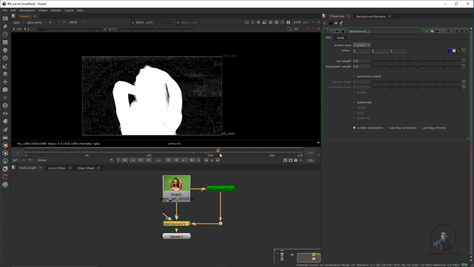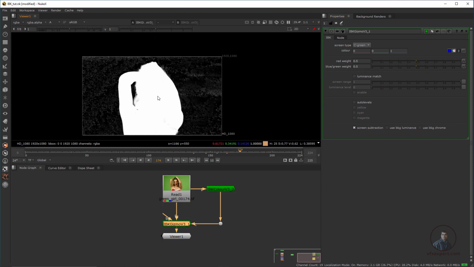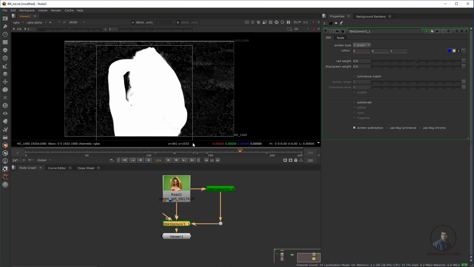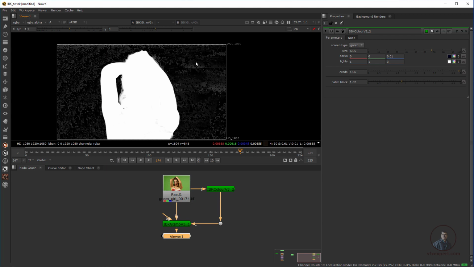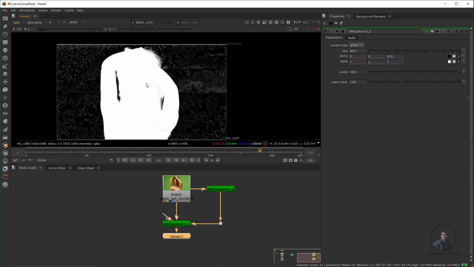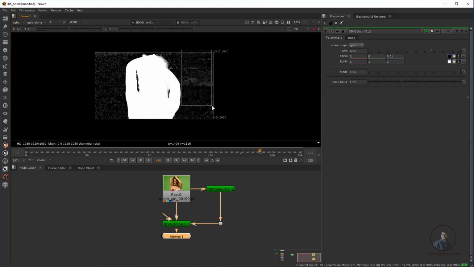So how can we adjust all these pixels? First, a little bit, because this is our main area of interest, meaning we only have to focus here, not here, because we can easily remove these grains with the help of our garbage mat. If you want, you can also use a garbage mat or roto here. Okay, so I am still getting some grains in these values here. So first I am going to remove all these pixels, which are garbage here.